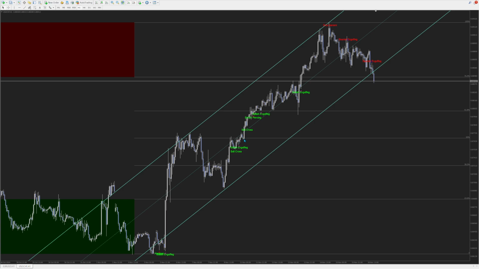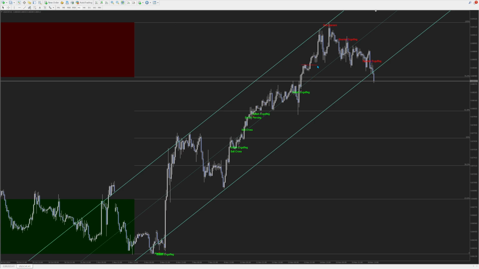So the pullback to here on the 50% Fibonacci level there. 61% level, so you can see it holds up quite well as resistance. And then it eventually becomes support, so you could have traded again, either the breakout or the pullback. 76% level up here, so a breakout trade. It didn't quite make the pullback. That's the thing, if you're waiting for a pullback trade, it won't always come back to the fib level, but